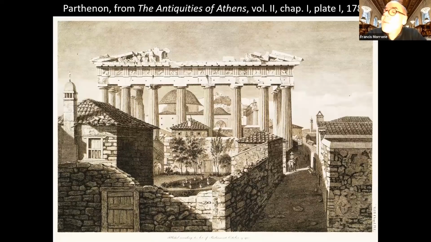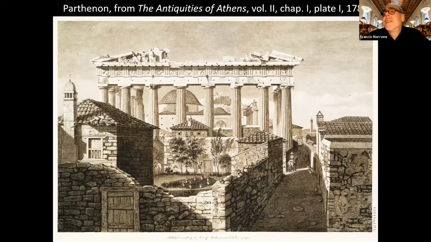And the reason they didn't go to Greece, and one of the reasons that we knew so little about Greek material culture, is that Greece was a very dangerous place to go. It was a difficult place to go, and if you did go to Greece, as Stewart and Revet did in the 1750s, it was a very adventurous thing to do. But following Stewart and Revet, this would change. Stewart and Revet spent a good chunk of time in and around Athens.